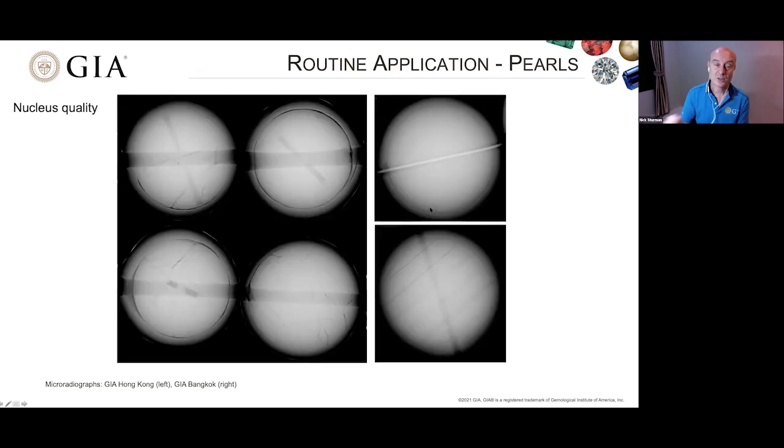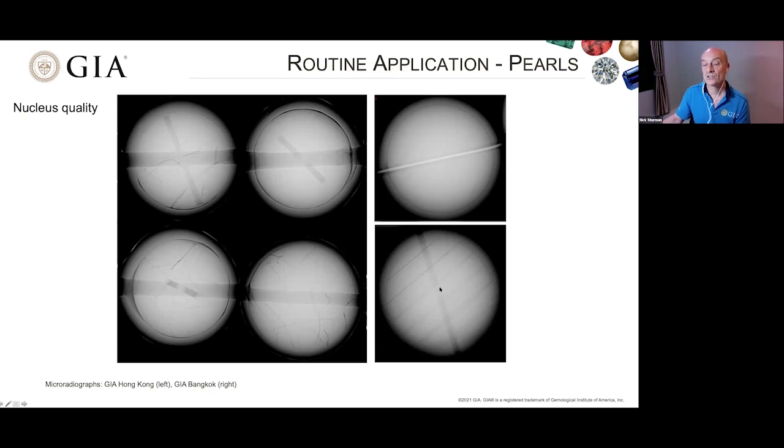And I mentioned the quality as well. The quality of the nuclei used is also a factor that we can see with the X-rays. So these beads show obvious lines running through them in many directions, and these are most likely parasite tubes in the shell nucleus which was used. So they're probably not the greatest quality shell nuclei that you can see in the market. Whereas maybe something like this one here is much clearer. It's much better quality. There's not really much in the way of structure running through it.